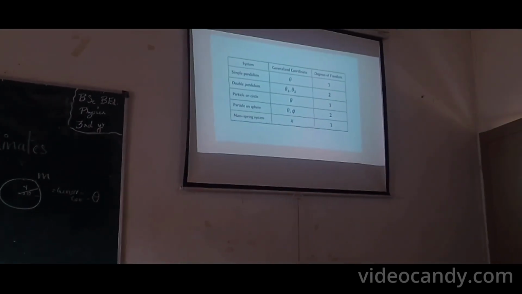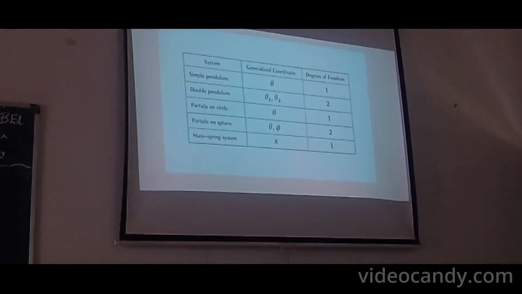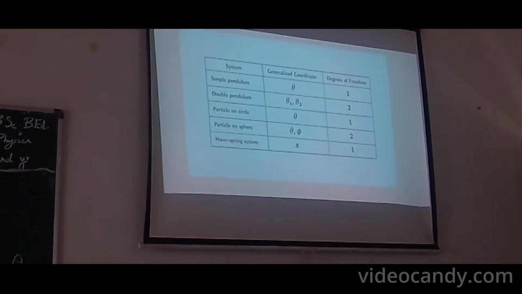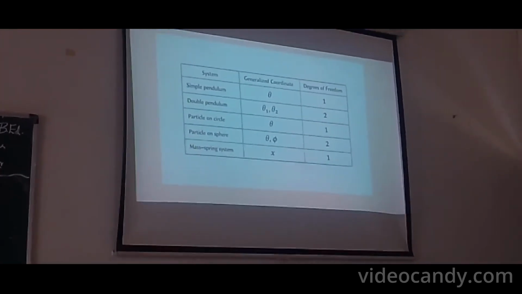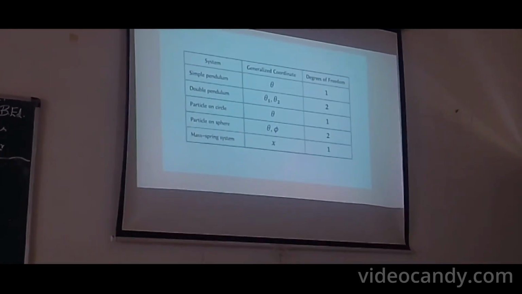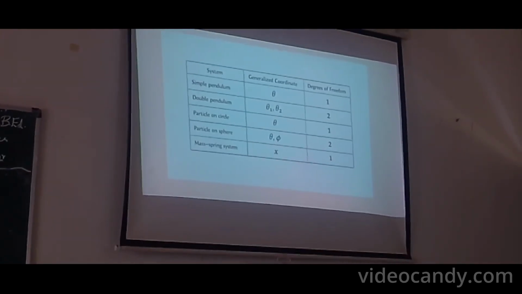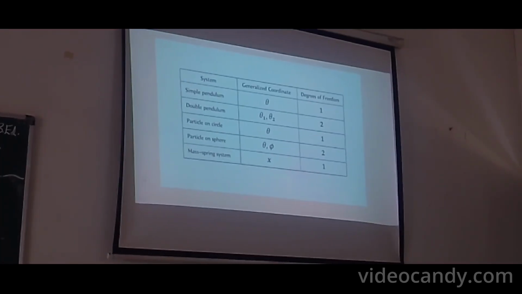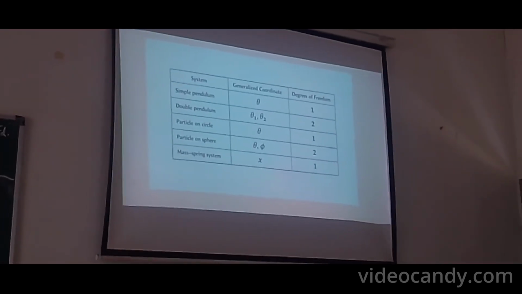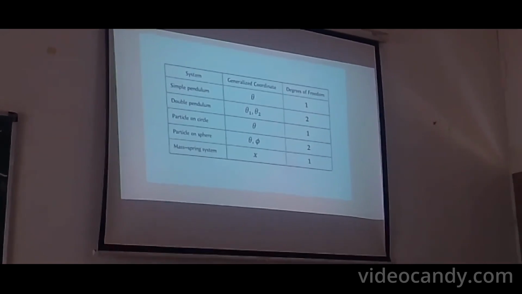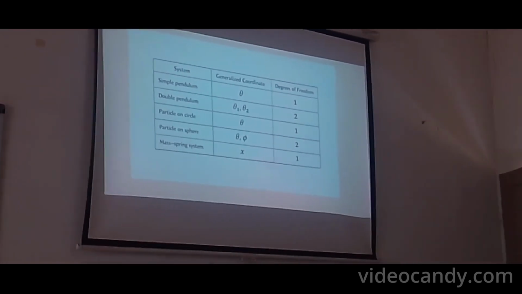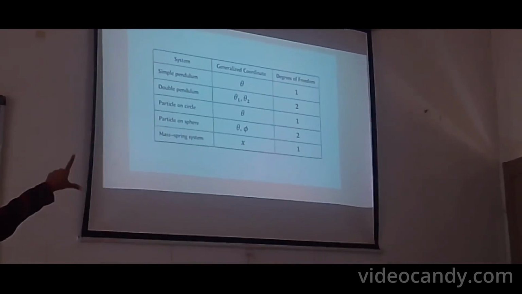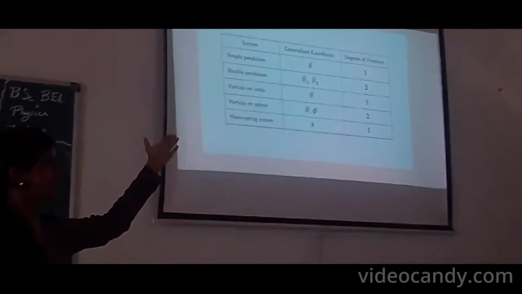And talking about the examples, I already told you the cases of the simple pendulum, a particle moving on a circle, and also a particle on a sphere. So there are generalized coordinates. And in the first slide, I told you that the number of generalized coordinates is equal to the number of degrees of freedom. So from that, you can see that the number of generalized coordinates is equal to the number of degrees